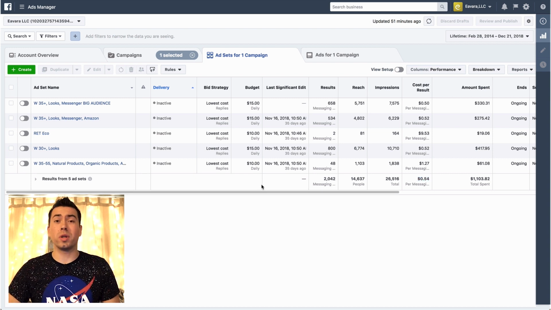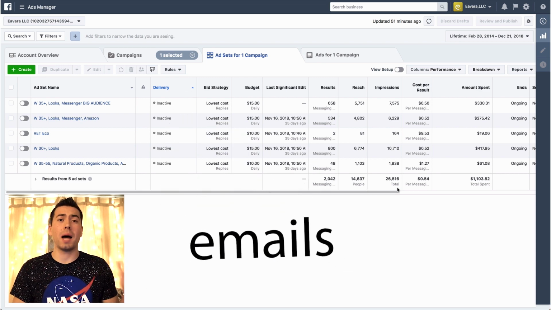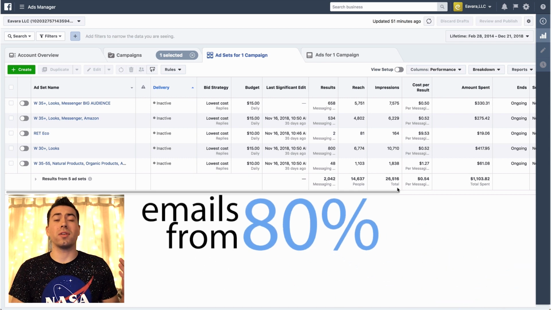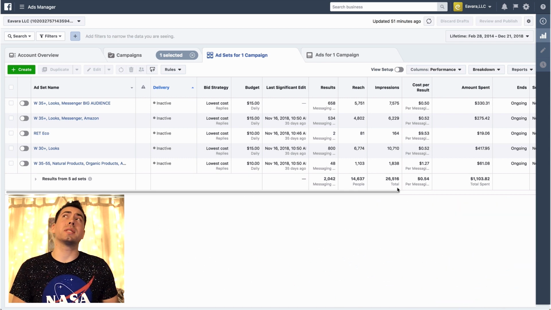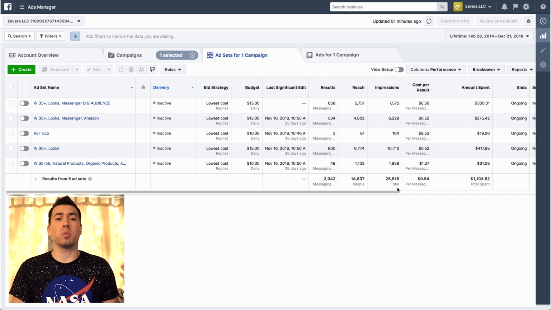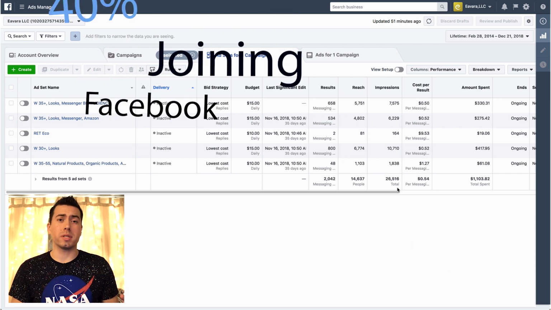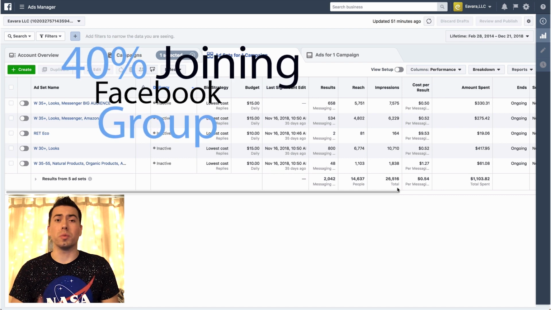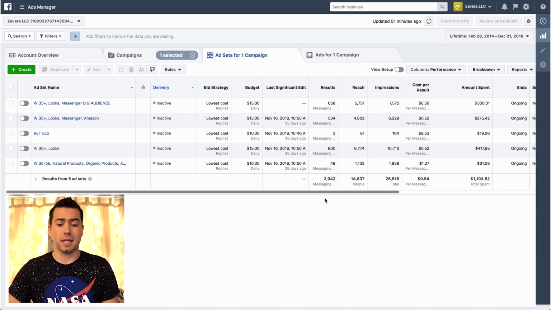That's a really great cost because, again, considering that we're building multiple assets, we're getting about 80% of the people that opt in through Messenger giving us their email address. And then I would say about 60% of them are actually sharing the Facebook post, and about 40% of them are actually joining the Facebook group. So let's go ahead and look through these stats to see what the overall results were